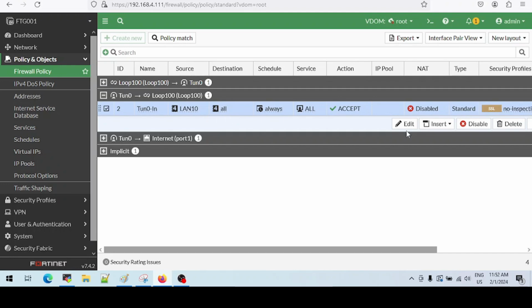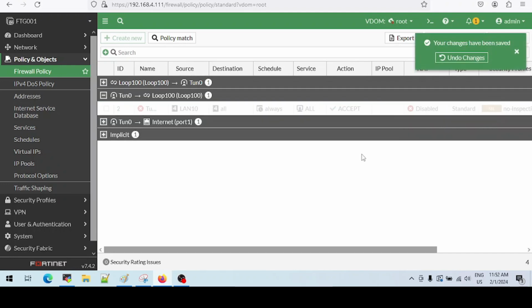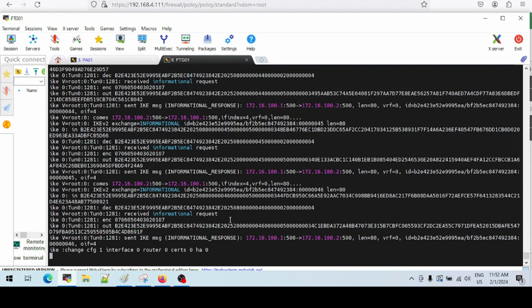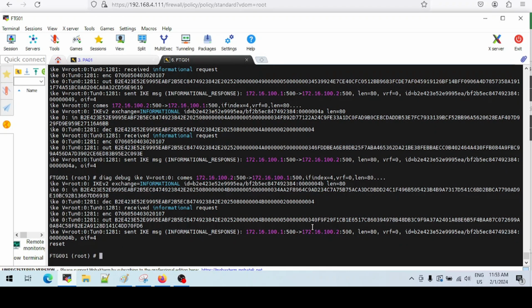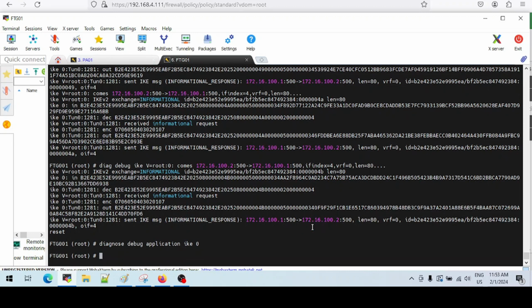I'm just going to disable it. I'm going to reset this and then just restart the filter again.